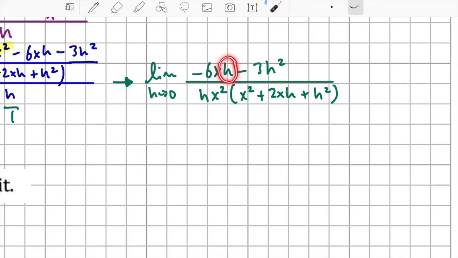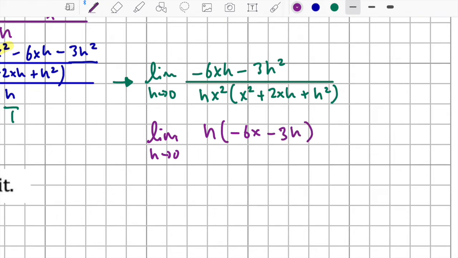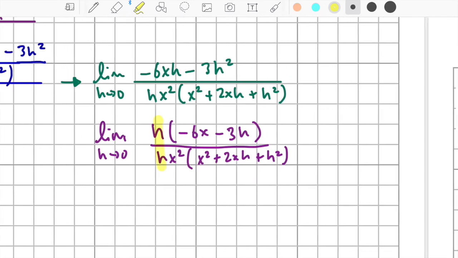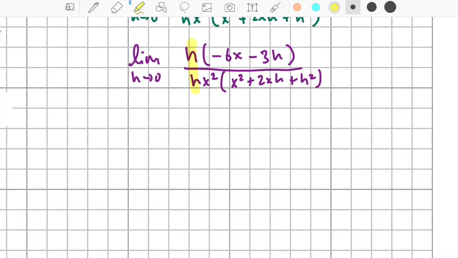And then I notice that in the numerator I have an h and an h squared, so we're going to factor the h. So it'll be limit as h approaches 0. We're going to factor an h. So it'll be h times negative 6x minus 3h divided by all this again. Now we can cancel the h's. Once we cancel the h's, we are left with